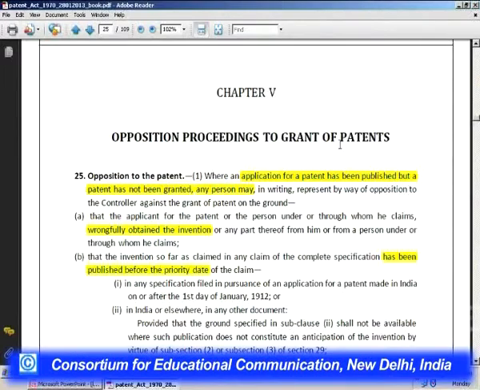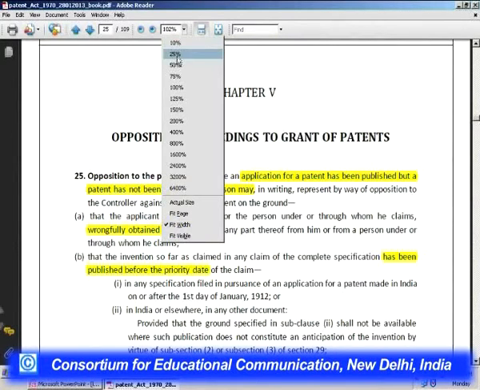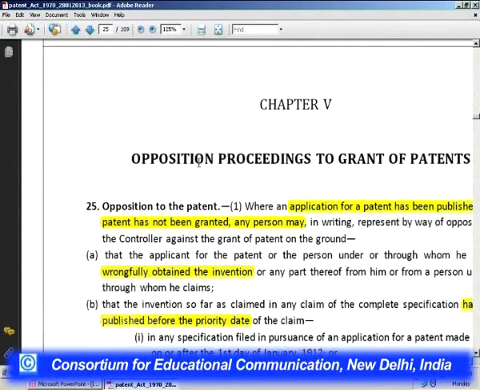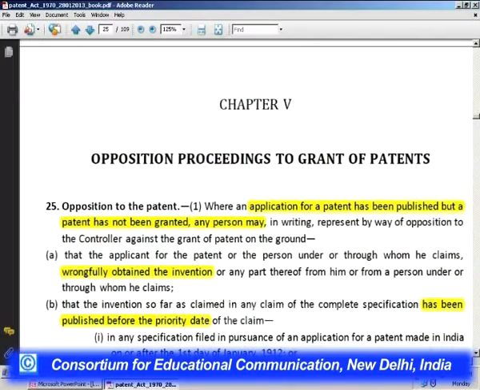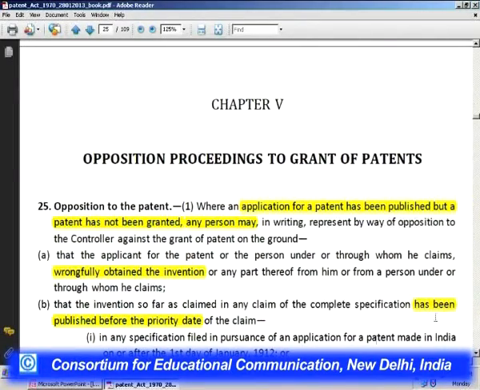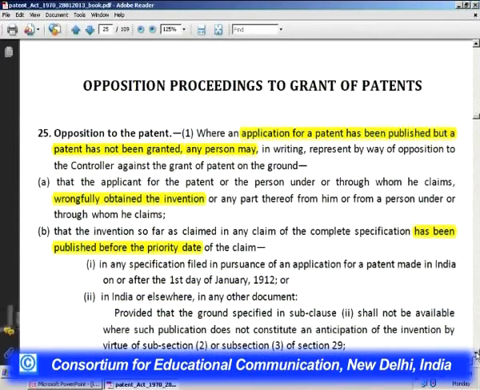If you see your slides, or if you see on the screen, 25(1) especially provides about the opposition of the patent. At what stage? At the pre-grant stage. It is about stopping somebody at the pre-grant stage. Let us have a look at it, where I am just starting to read this and going to threadbarely analyze 25(1). Well friends, 25(1) reads, where an application for a patent has been published but a patent has not been